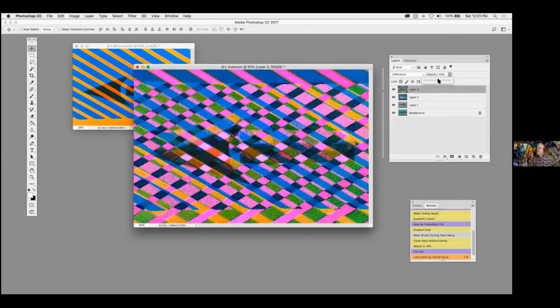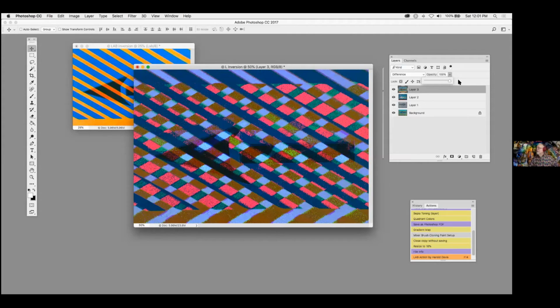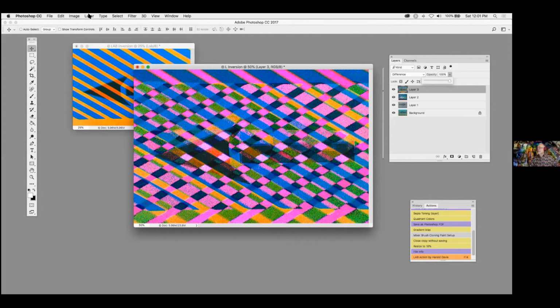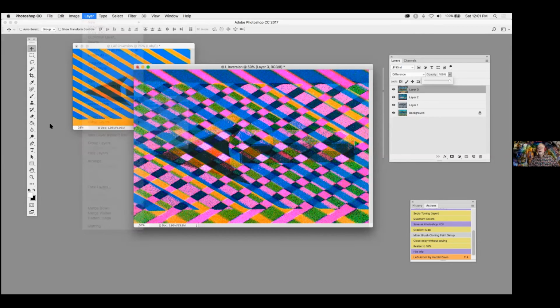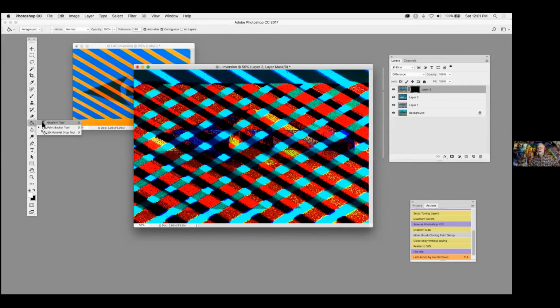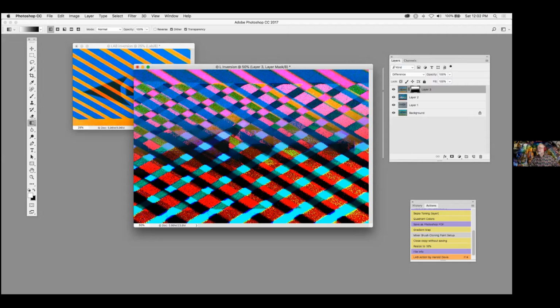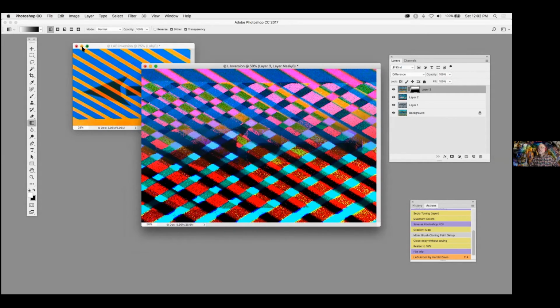You don't have to keep the opacity at 100% either. In fact, you could even go further than that. You can put a hide all layer mask on top, layer mask, hide all, and then use the gradient tool to partly paint in, so you have two very different things from top and bottom. So let's do that for this second. Then to